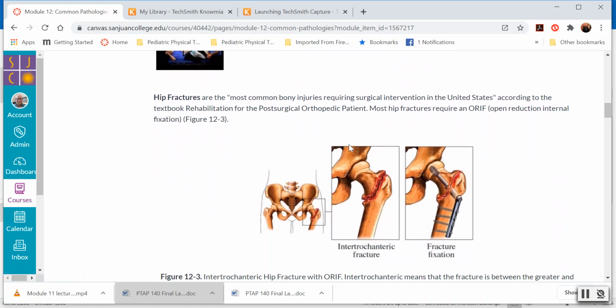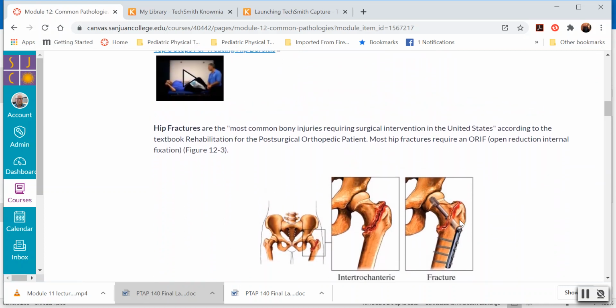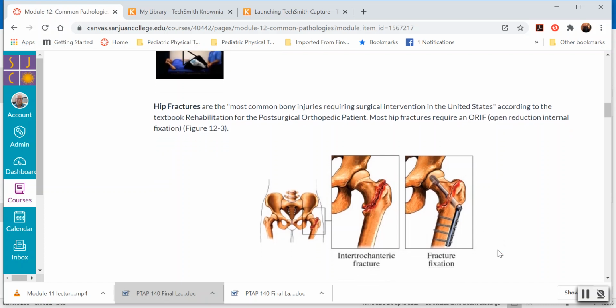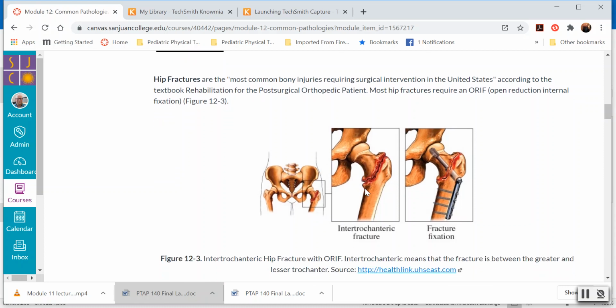Hip fracture, the most common bony injury, the most common break are fractures of the hip. They can happen here at the neck. They can happen between the different trochanters, this is called an intertrochanteric fracture. It starts from one trochanter and runs all the way through the other. Sometimes they're lower here, at the top of the femur, and you can even have them just right at the head. There's a lot of different